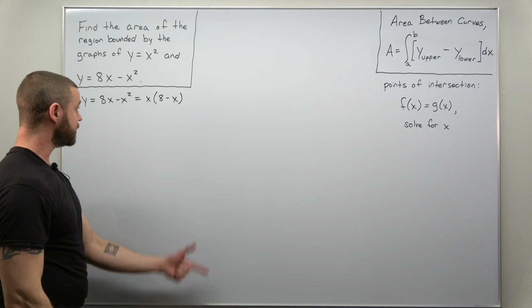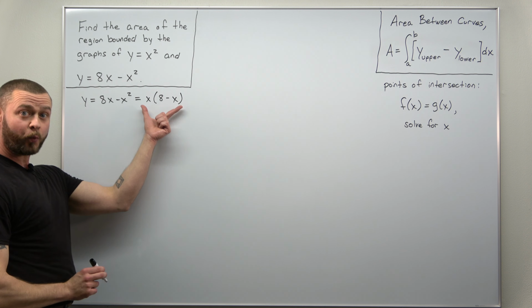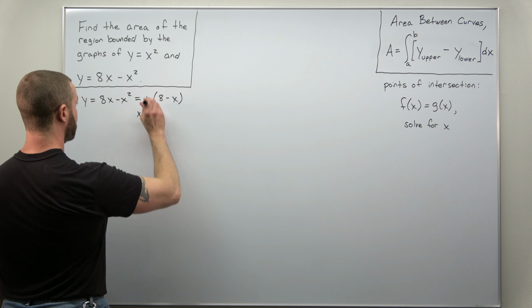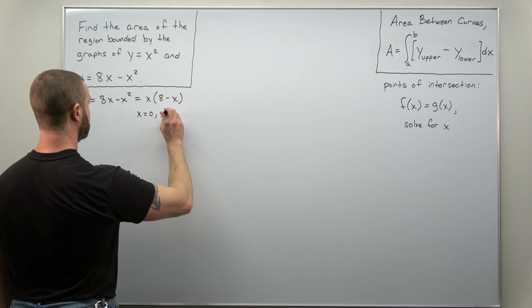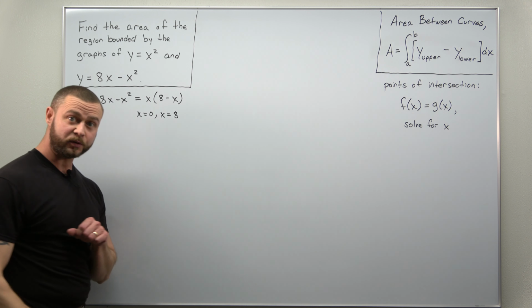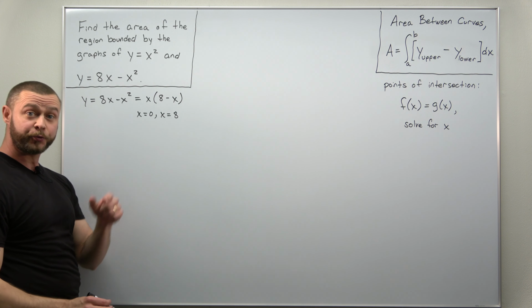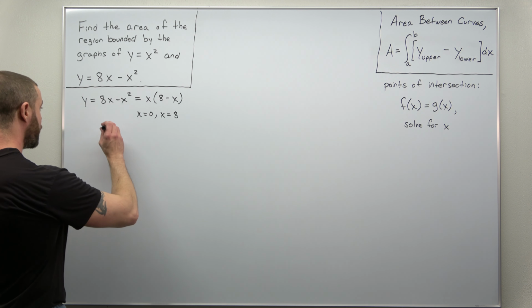And you can see here your values of x for which y becomes 0. We would say the intercepts are going to be x equals 0 and x equals 8. We know it's going to open downwards due to the negative, and it's going to pass through those two points. So let's do a quick sketch